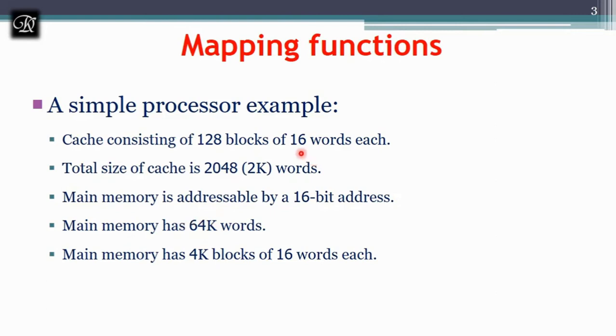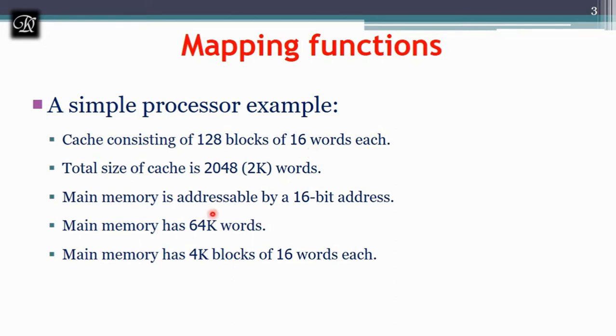And we know the word size. The word size will not vary from RAM to cache. The word size is fixed. Whatever word size we take, that is fixed from RAM to cache. It is already told that there are 16 words in each block. So what do I have to do now? Take the same 16 words and divide this 64K by 16.